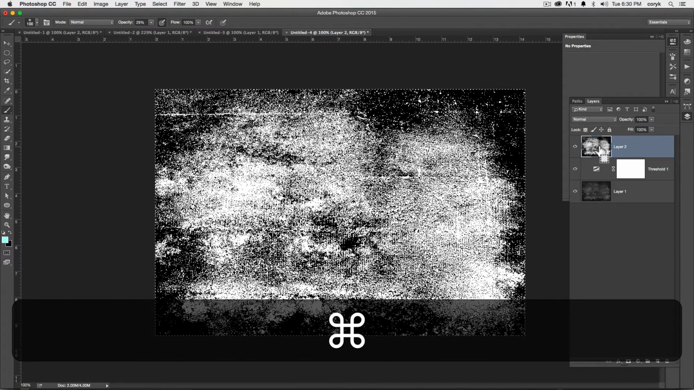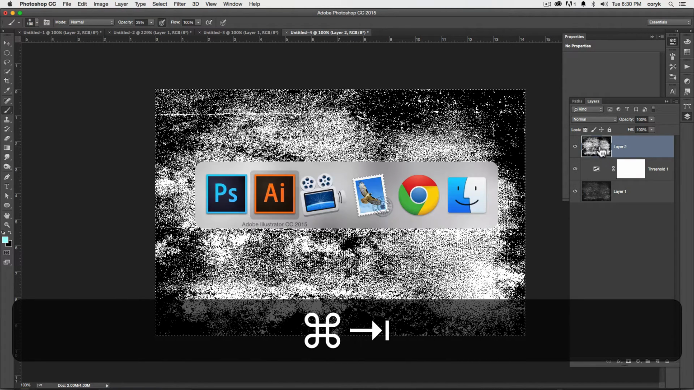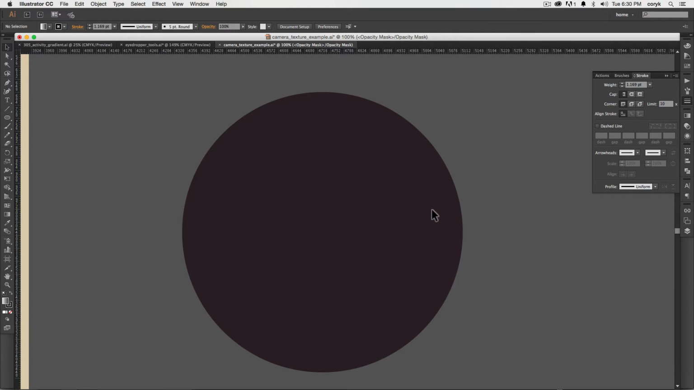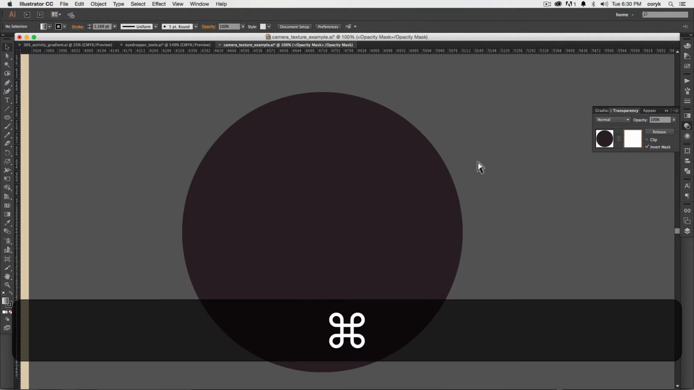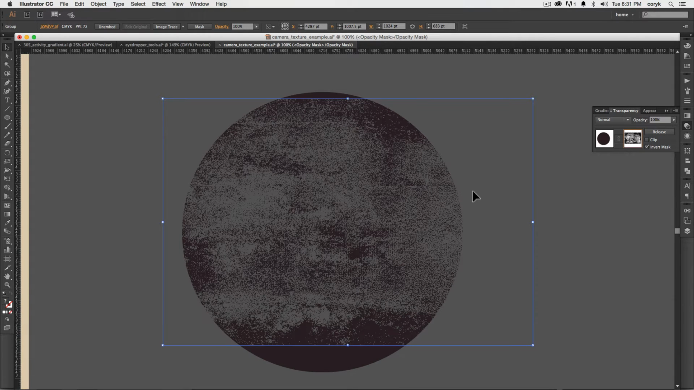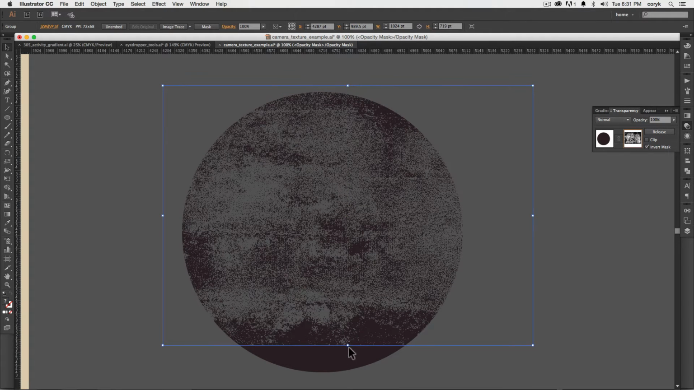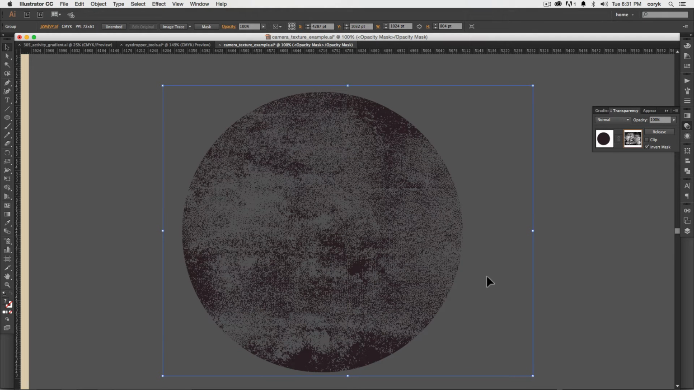Command A gives me select all. Command C copies that to my clipboard. I come back over here, black arrow tool. Let's go to Transparency. I'm on my mask, copy and paste it in, and that distresses that layer. So this is helpful if you want it to look like it's on a t-shirt or something along those lines. I get back out of my mask, I can take this and I can put it on anything and it